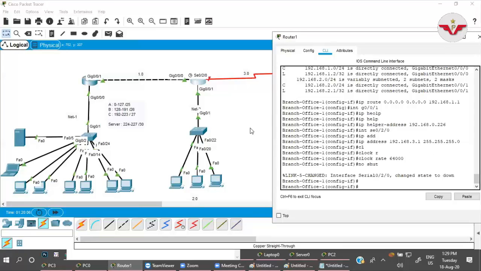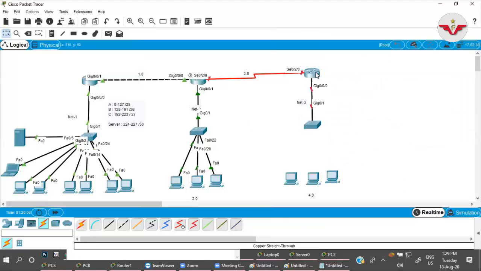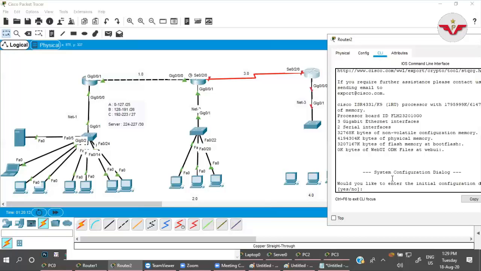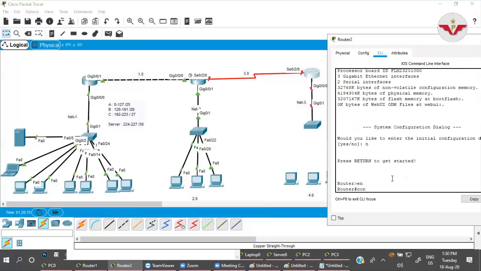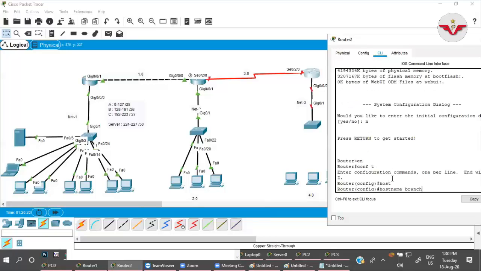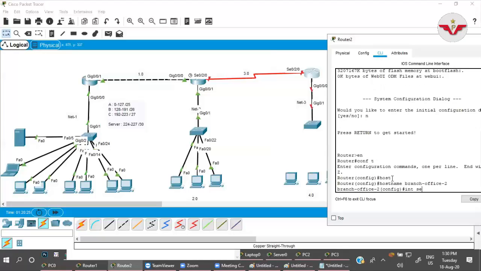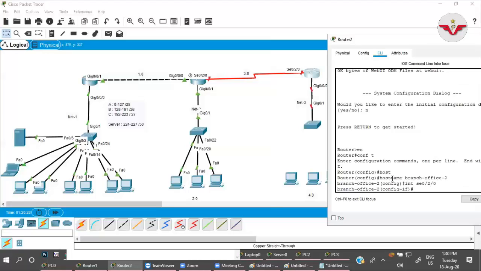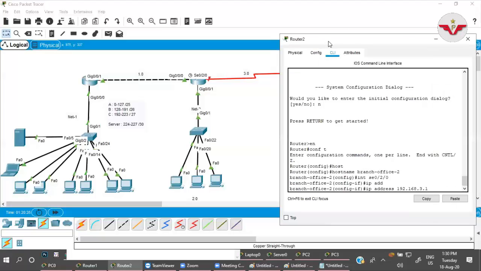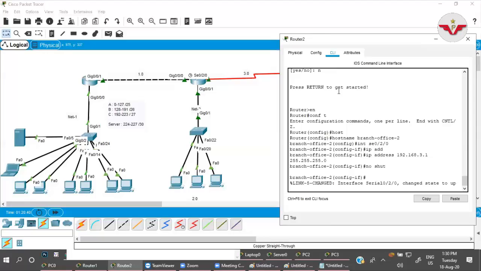I have given the IP addresses. First of all, let us configure that. Enable, config t, hostname branch office 2, int se 0/2/0, ip address 192.168.3.2, subnet mask 255.255.255.0, no shut.